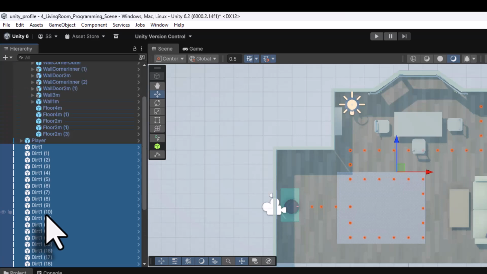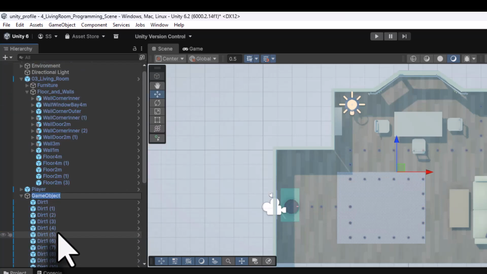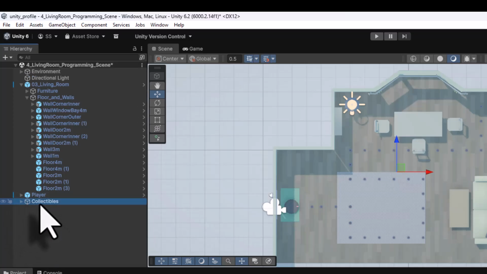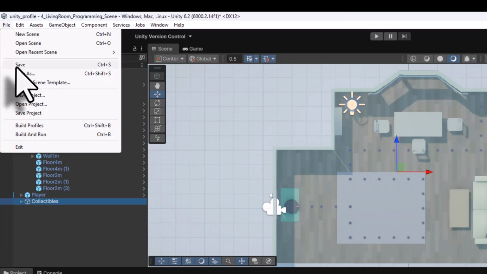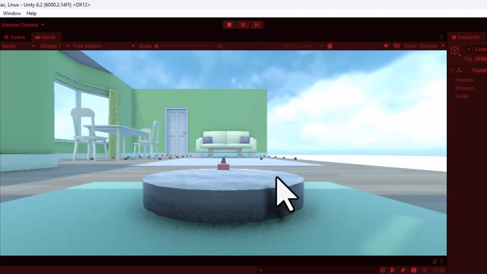Coming back to hierarchy, here you can see now from dirt 1 to dirt 33. And with all this selected, I will right click and create an empty object and I am going to call this collectibles. If I close it, all my collectibles are placed inside this group. Now I will go to file, save this, and if I execute the game, you can now see that